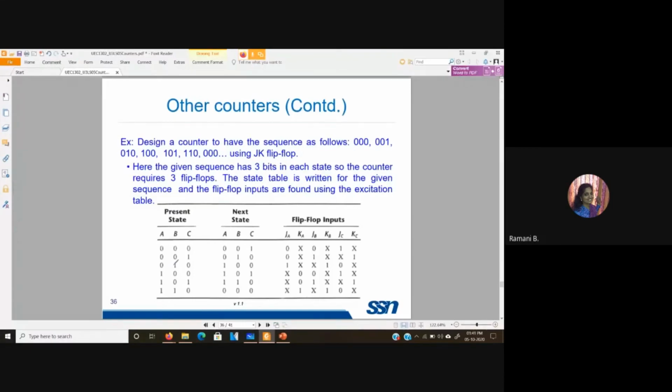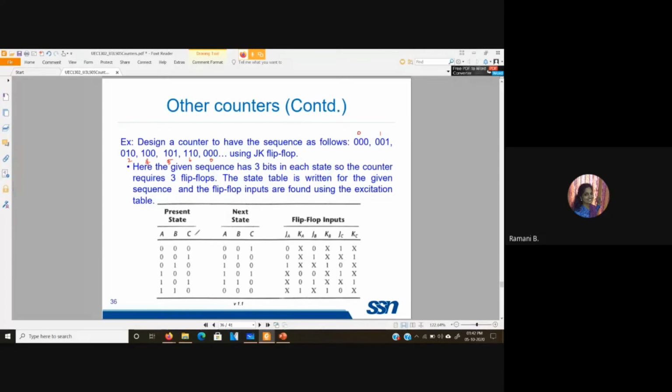Okay. So here is a counter where you go through the sequence 0, 1, 2, 4, 5 and 6, and then it repeats the sequence like this. So here the values 3 and 7 are left out.